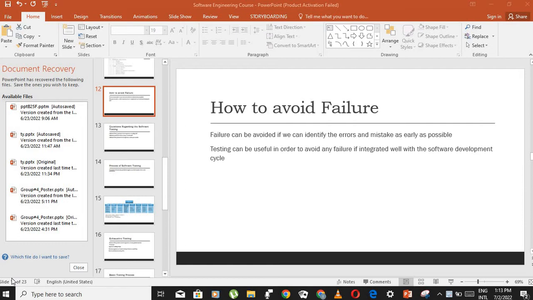failures can be avoided if there is early testing, as early as possible. टेस्टिंग करने से जो है हमारा जो फेलियर है हम उसको पहले उसको एरर को पहले आइडेंटिफाई करेंगे और जिस वजह से हमारा फेलियर विल नॉट अकर बिकॉज ऑफ द डिटेक्शन ऑफ अर्ली एरर. सो